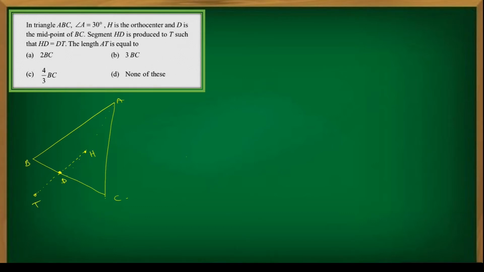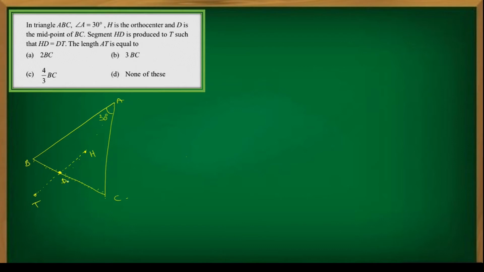What do we use here? We are going to use, because the angle is mentioned here, angle A is 30 degrees. And the question is about the results in terms of BC. The results are in terms of BC. So whenever the results are in terms of BC, if you go with the properties of triangles,